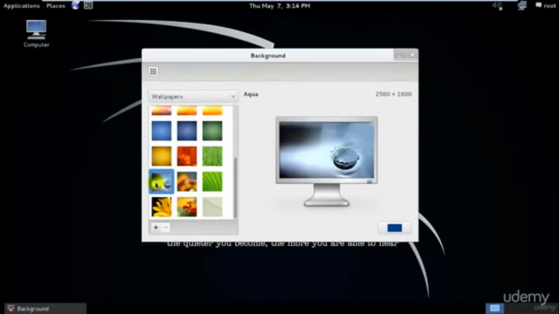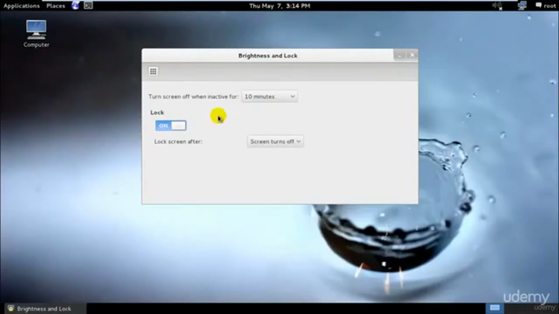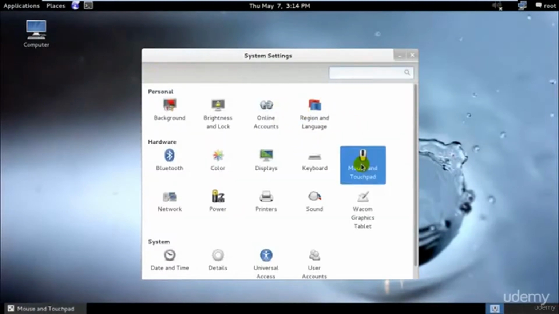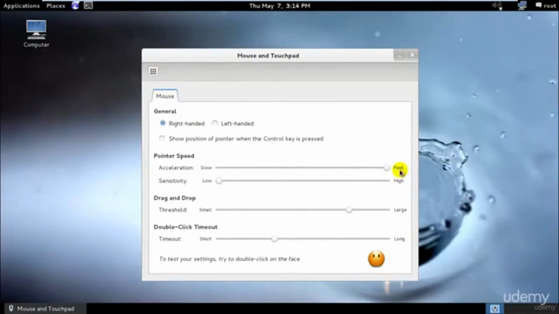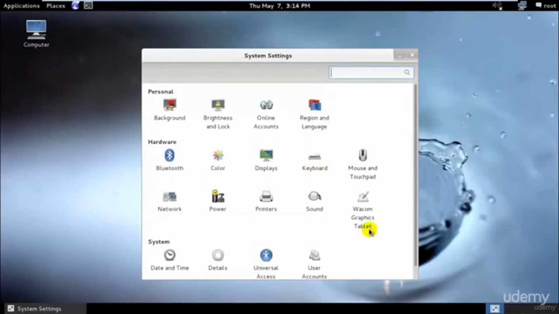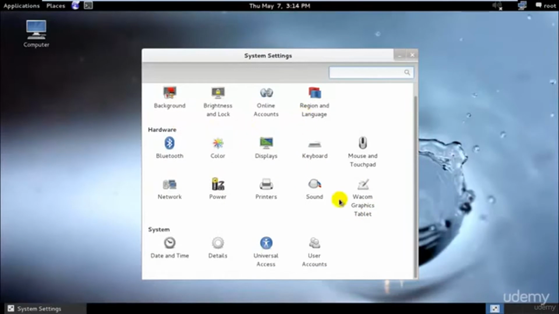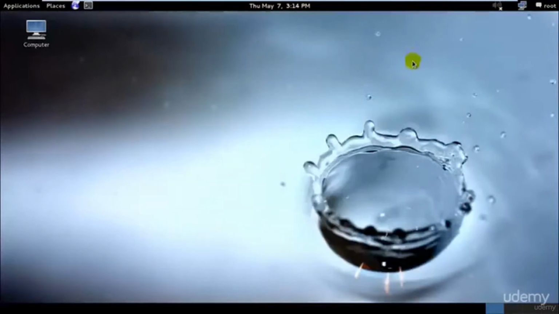So I'll just select this, and after that you have the brightness and lock, and you can configure your settings. I'll just keep it to fast, and sensitivity would be this much, and perfect. Everything else is perfect. So just configure, and when you start your Kali Linux for the first time,